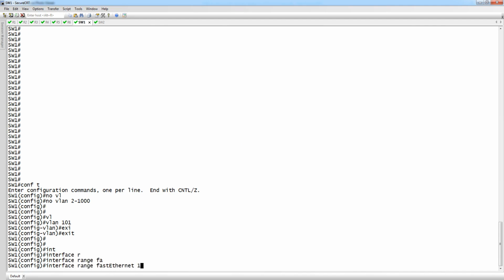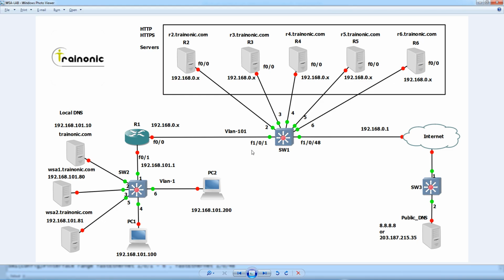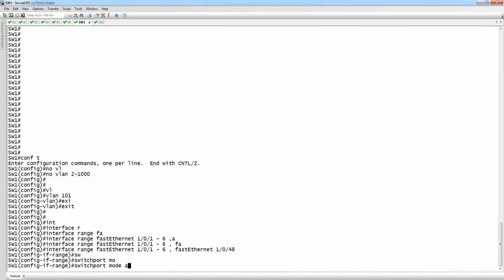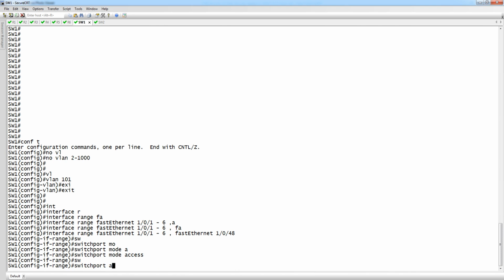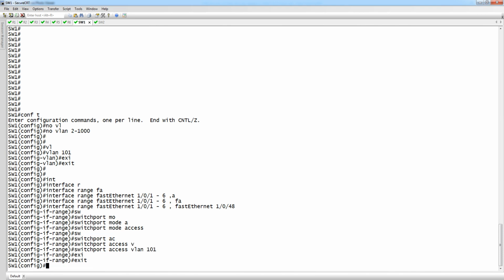Interface range FastEthernet 1/0/1 to 6 as well as FastEthernet 1/0/48. Switchport mode access, switchport access VLAN 101.